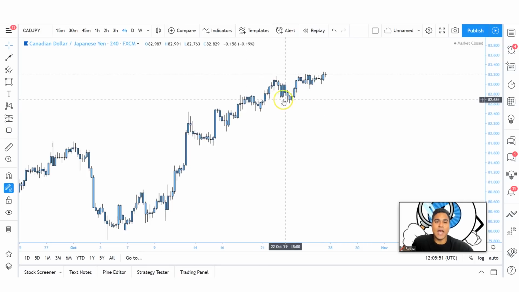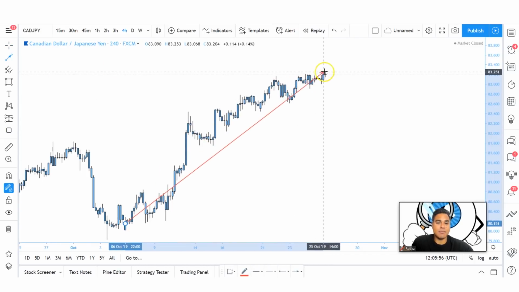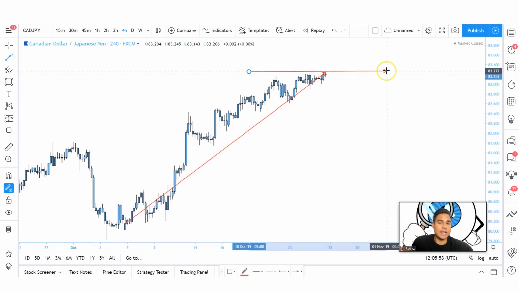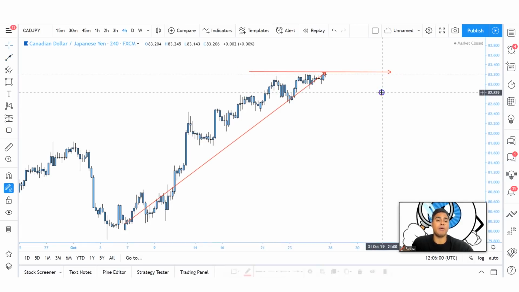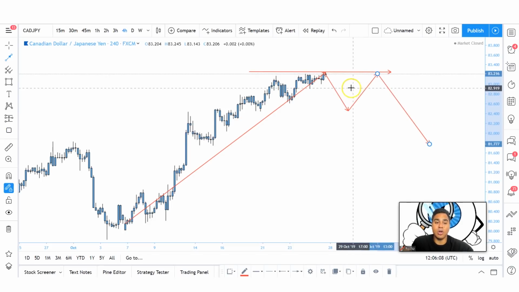The next pair that we'll take a look at is CAD JPY. With the structure on this market, again, it seems very overextended. We've come to a key level in this market where price has failed to break above for some period of time now. What I'd like to see is price now finally push to the downside, give me an exhaustion phase on this market for a retest of the structure, or at least a lower high formation before we have a